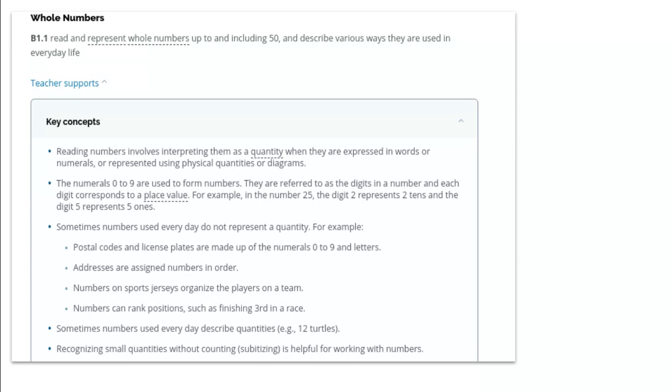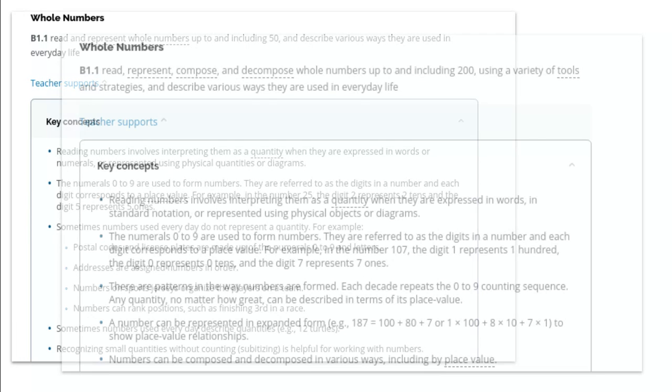Again, I will refer back to the teacher supports offered in the new math curriculum. In order to properly unpack the specific expectation B1.1, it is essential for educators to read through the key concepts for their grade as part of their planning process to make appropriate instructional decisions. Here we can see grade 1, grade 2,